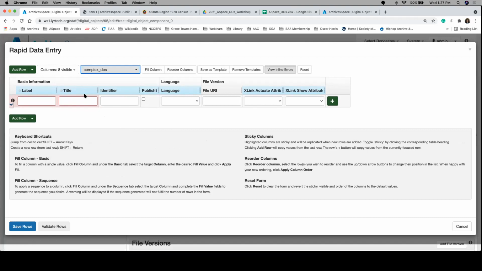So if you didn't want the sticky columns, you can unstick them and just have the ones you want to keep sticky. And then you can save the template again or remove or keep it as is. So we're just going to fill this out with various things. So we're going to say this is